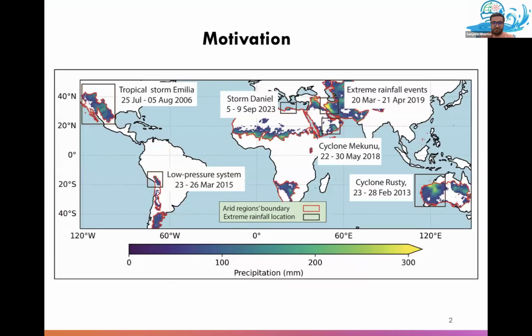And so this is the extreme precipitation pattern for the global scale, in the arid region. So we found several studies. They have conducted their research in different areas, but there is a lack of studies in Arizona state. So we are trying to do the downscaling of the GRACE data for Arizona state, one of the arid